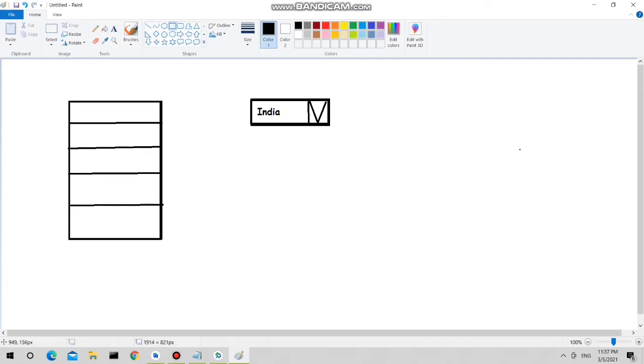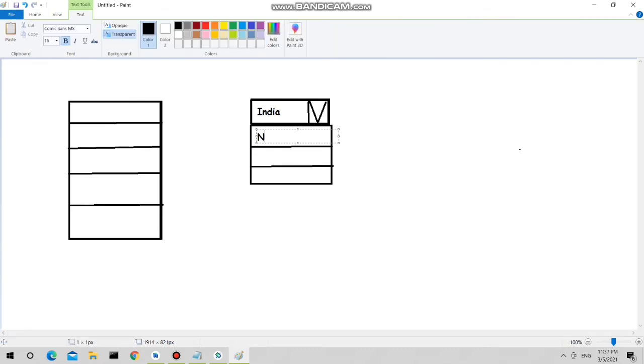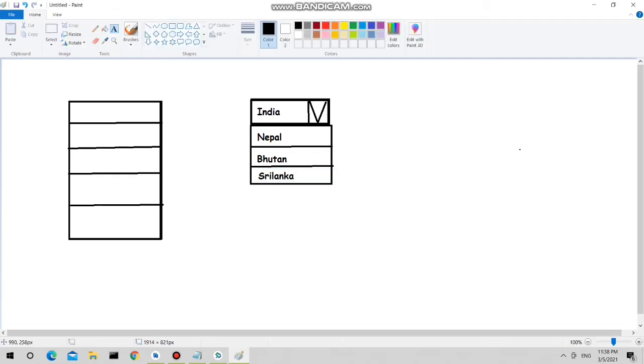Whenever the user clicks on this spinner, one drop down appears, and with the help of that drop down the remaining atoms of the spinner will be displayed like this. To display this we require one more layout, the drop down layout.